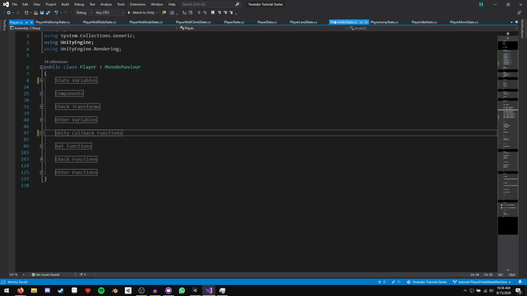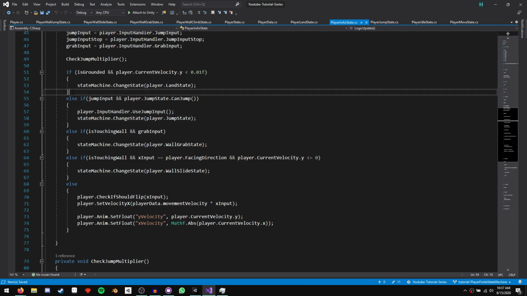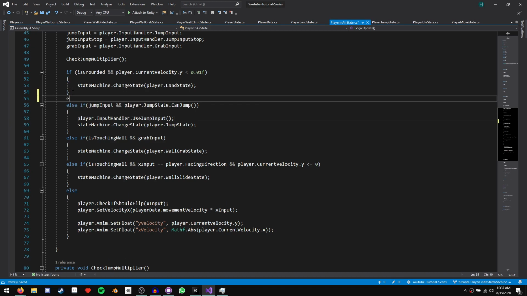So let's go back to our player in air state script. And so currently we have this else if jump input and player.jumpState.can jump that lets us transition to our normal jump state if we have the ability to double jump. So we want our wall jump to take preference over our normal jump state if we're touching a wall. So we're going to put another else if before this else if.